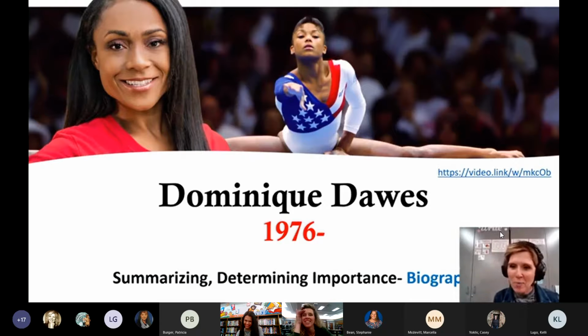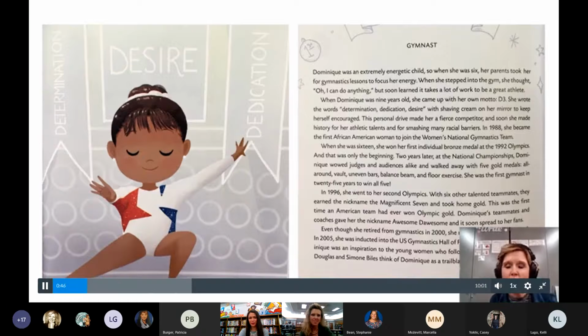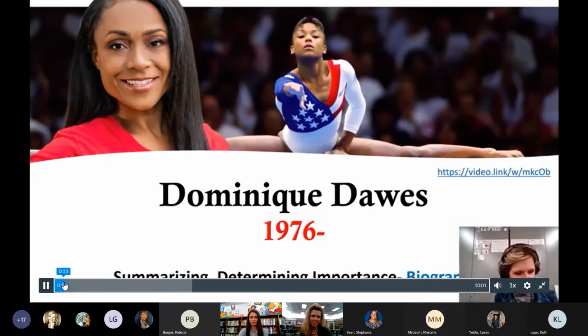All right, guys. So what we're going to do is we are going to take this time to go ahead and read our biography about Dominique Dawes. So Dominique was an extremely energetic child. So when she was 6, her parents took,